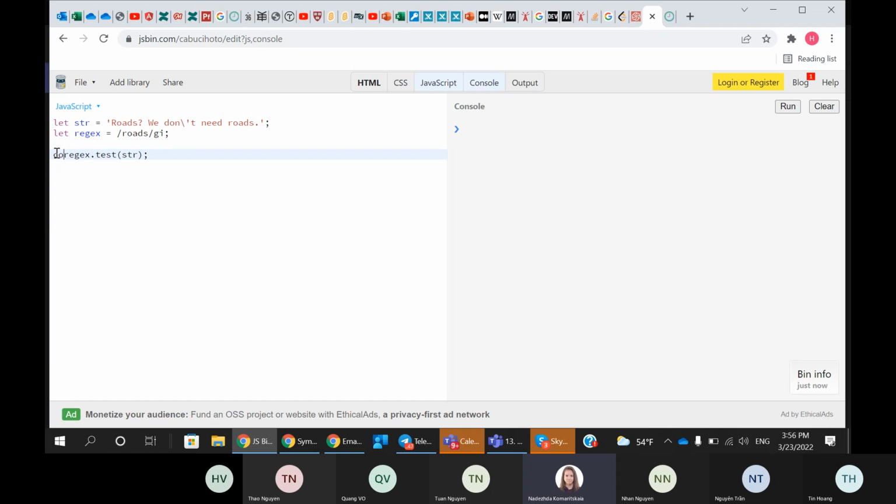It's log. Okay. So yeah, for the third time you will get a false, but if you change